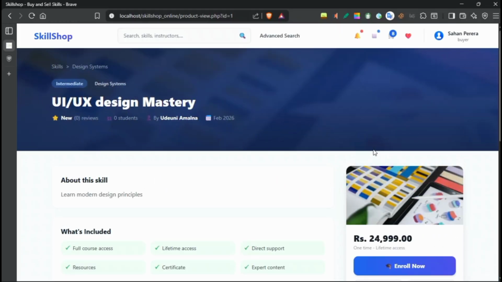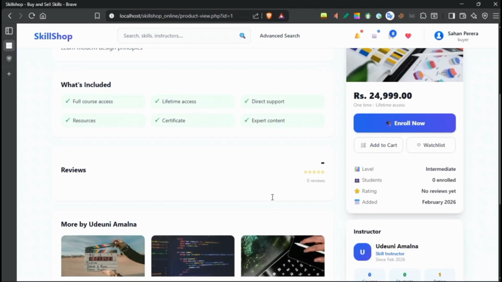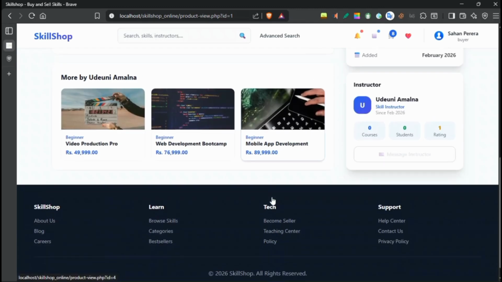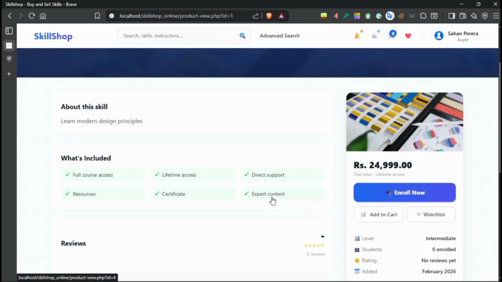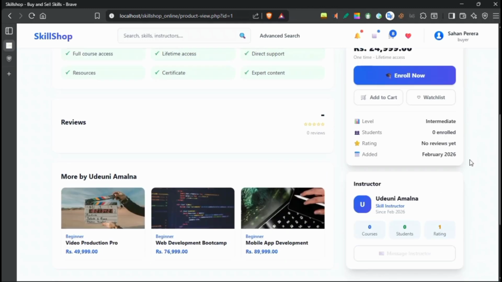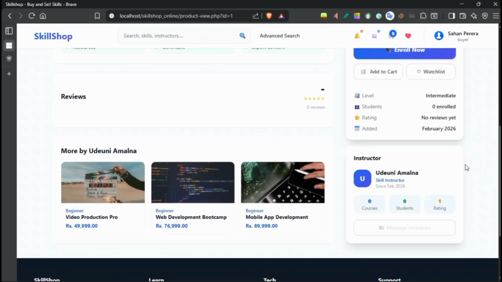To conclude, the single product view page was designed using HTML5 structure, Tailwind CSS for responsive styling, JavaScript for interactive behavior, and PHP for dynamic data loading. The page includes several components such as the hero section, the product description, the course features, the reviews, the related skills, the sticky purchase sidebar, and the instructor information. All these components work together to create a responsive and